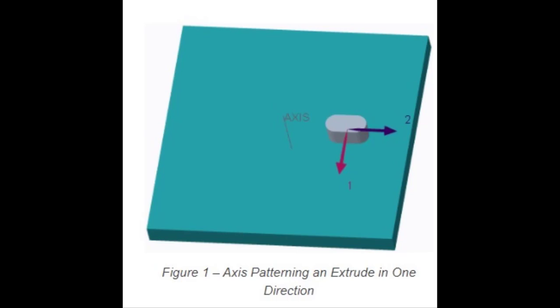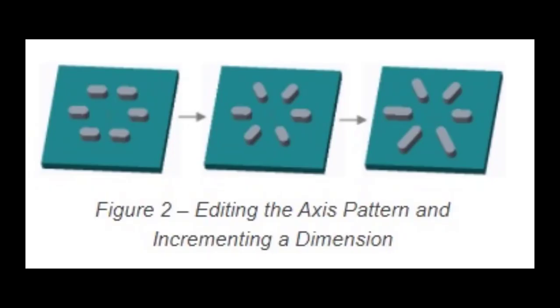Second point, specify the number of pattern members in the first direction. You can type the number of members in either the dashboard or on the graphics window. The number of pattern members includes the pattern leader. So if you want 6, then you need to enter the number 6, including the pattern leader and the instances. Third, specify the angular spacing. You can specify that angular spacing in degrees. You can edit the angular spacing in the dashboard or in the graphics window, or by dragging the drag handle, which we shall see in the coming examples.